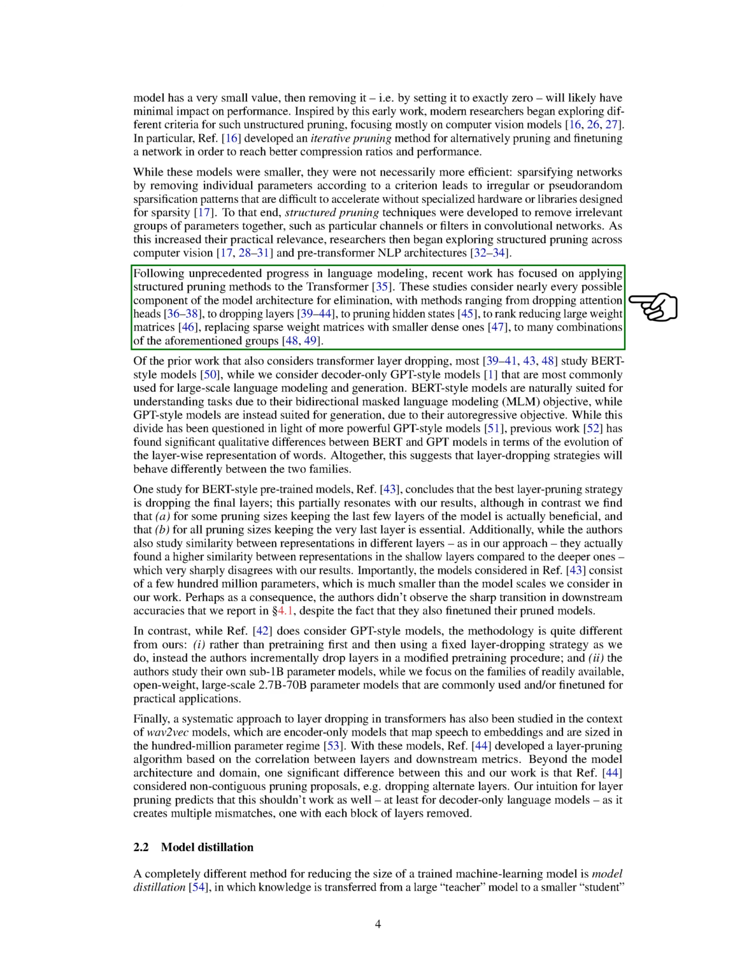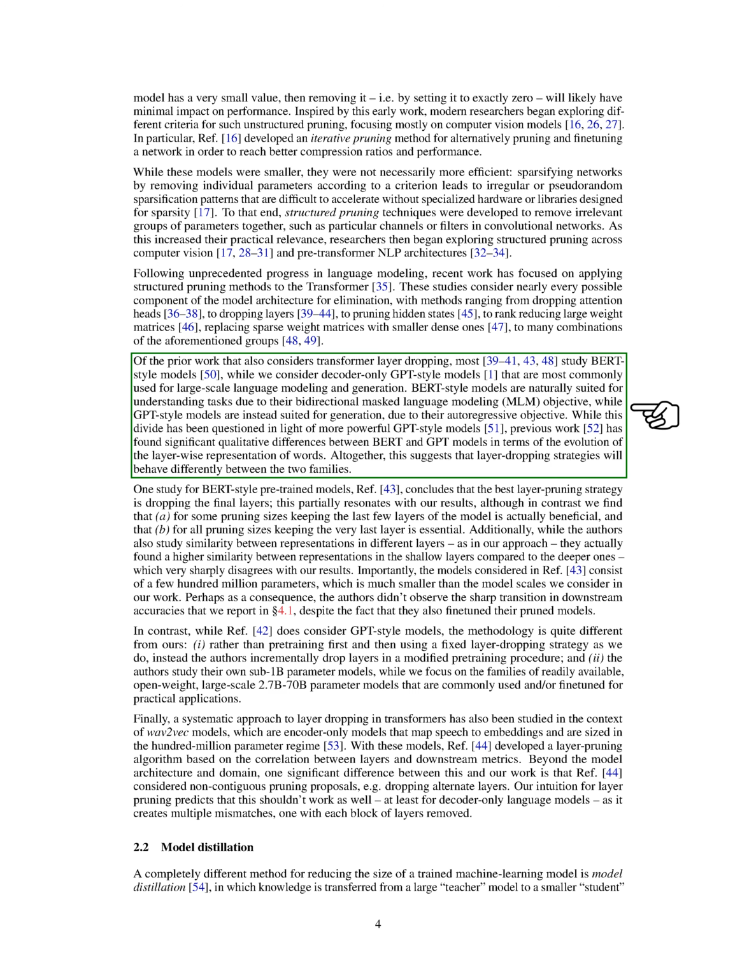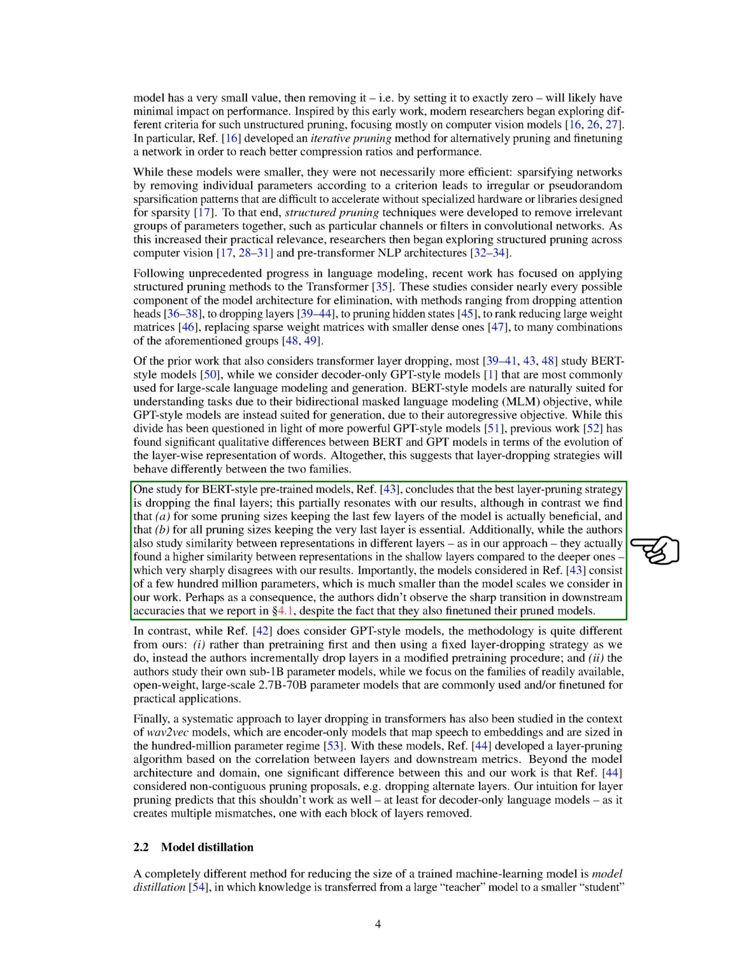Recent work has applied structured pruning to transformers, exploring different components of the model for elimination, such as attention heads, layers, hidden states, and weight matrices. While previous studies mainly focused on BERT-style models for understanding tasks, we concentrate on decoder-only GPT-style models for language generation. There are qualitative differences between BERT and GPT models in terms of layer-wise representation evolution, suggesting that layer-dropping strategies will behave differently for each. Our results show that keeping the last few layers and the very last layer is crucial